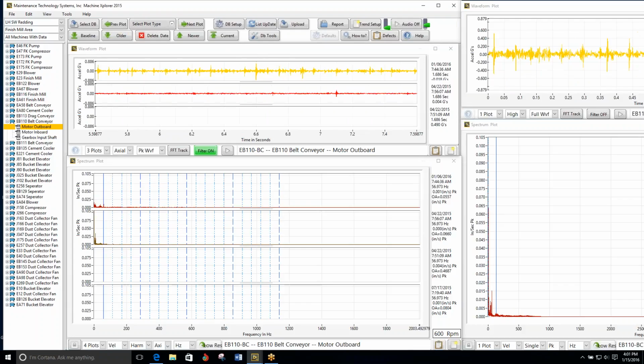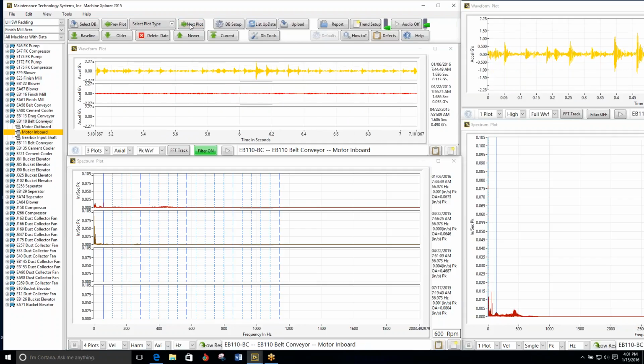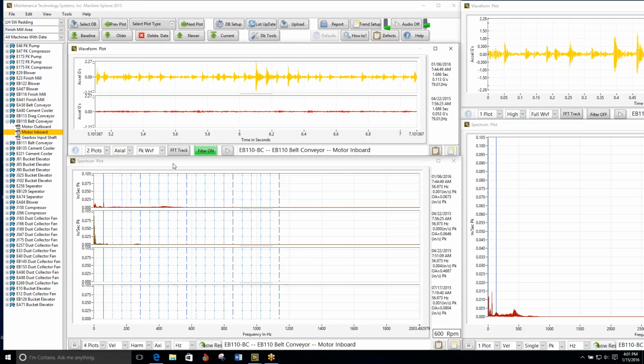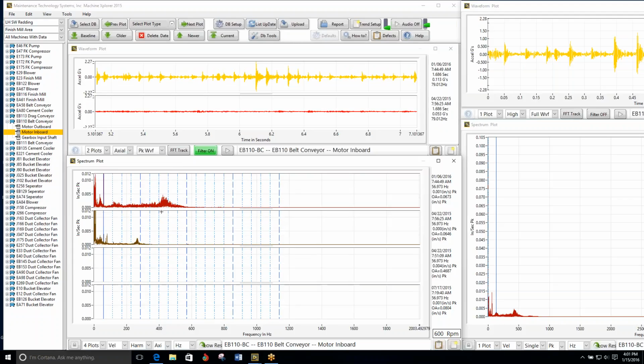The non-drive end has got that pattern there, but it's low. This isn't terribly high, it's 2.27, but it has certainly changed since the last time. If we look at this guy, it's showing all mechanical looseness, but something has changed significantly here in this waveform